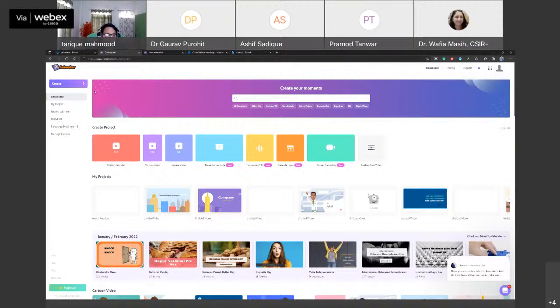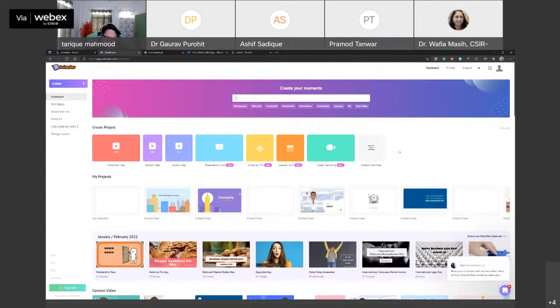So now I'll be going inside this application. Here you can see a colorful button written as create. After clicking that button, you will see lots of options: create a video, create GIF, create a character, create a presentation, create recording, create voice. Okay, so what we will do, you can go directly from here,